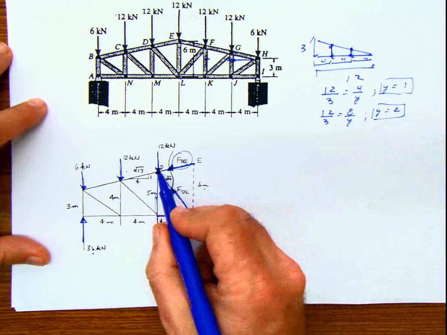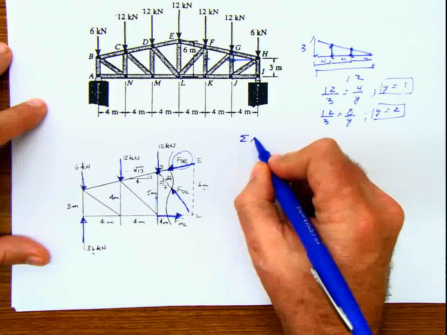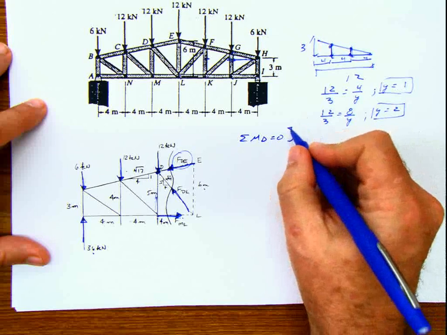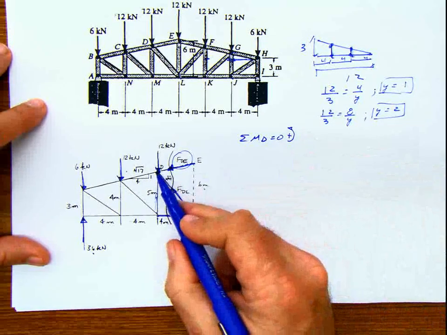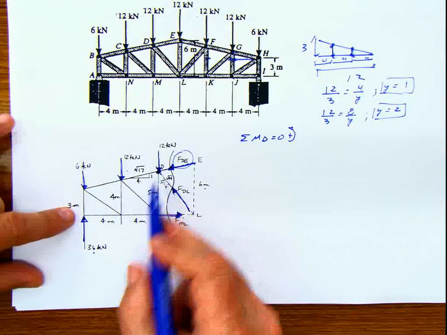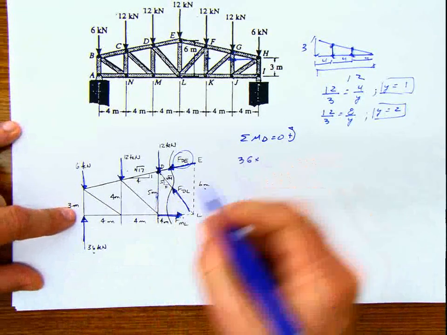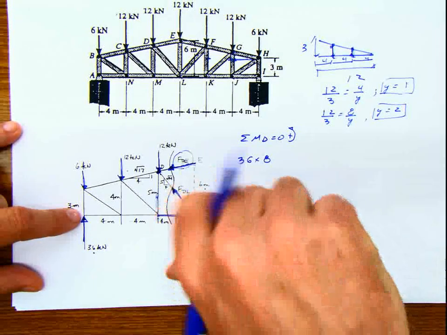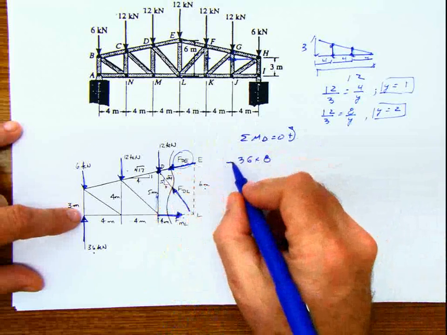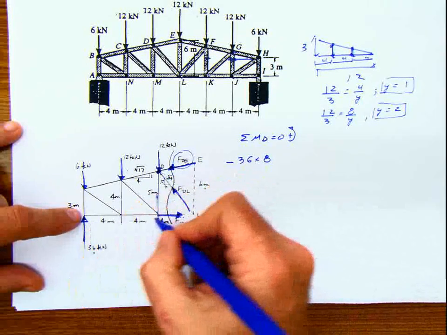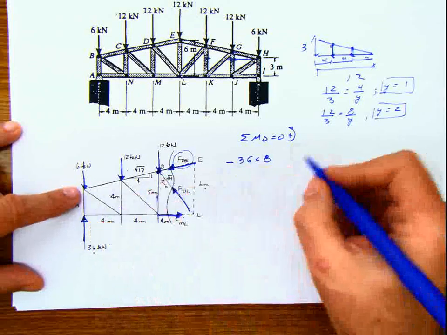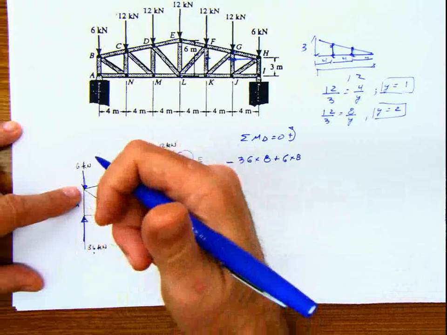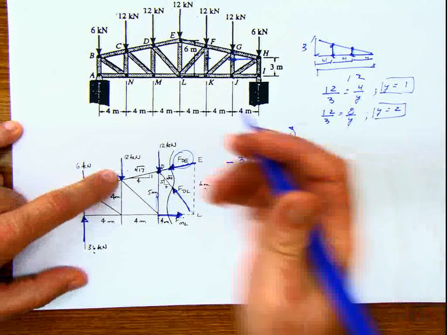So if I'm going to do summation of moments at the point D equals 0, and I'm going to assume that this is positive, then let's start from this corner. You're going to have this force of 36 times the horizontal distance between these 2 points is 8, and this is going in this direction, which is going to be negative. 36 times 8. Now you have this positive 6 times 8, because 6 is the force, 8 is the horizontal distance here, 8. Now you have again